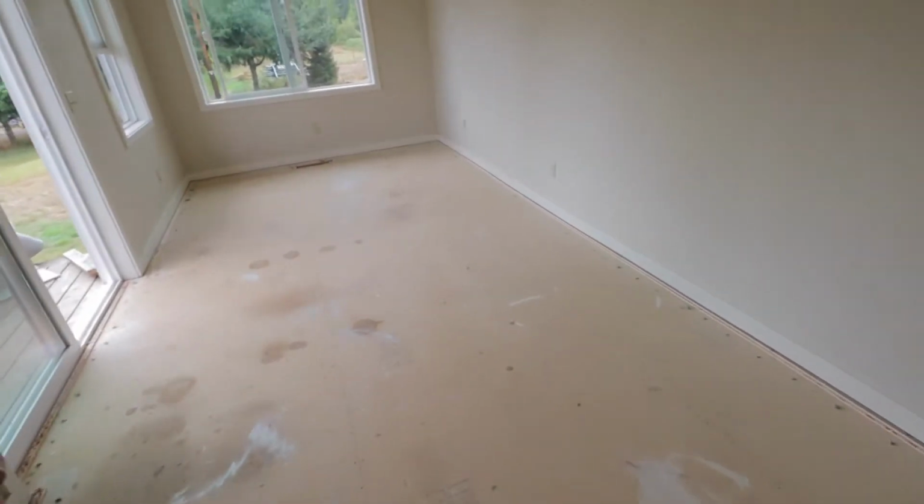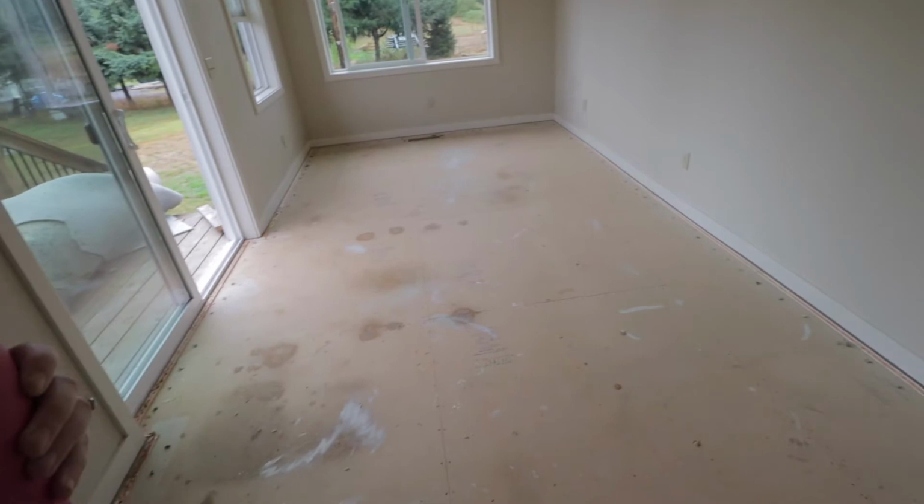Alright, we did the office, hallway, and master closet, taking a small break for coffee. Look how gross this is. Yikes. So we gotta do